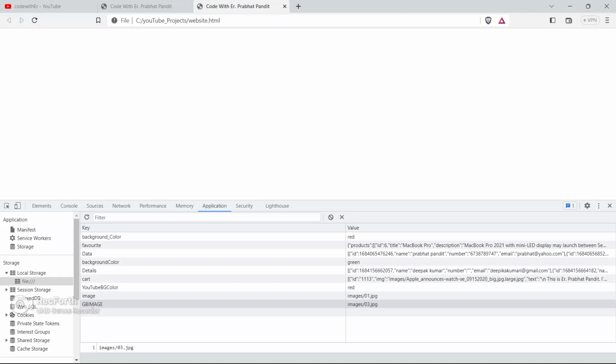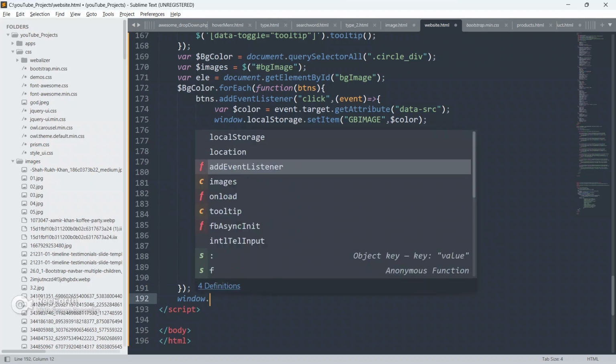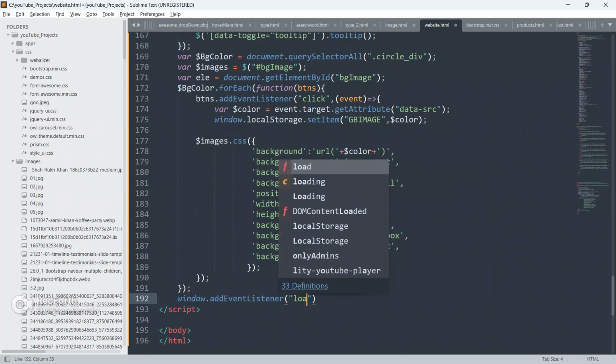See guys, we got something. Now we have to grab this image from the local storage and we will apply it here, okay guys. So now we are going to append some event listener to the window, okay guys. So window.addEventListener, which event guys? Loading, okay.